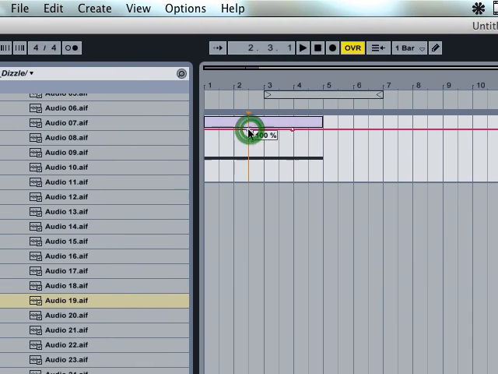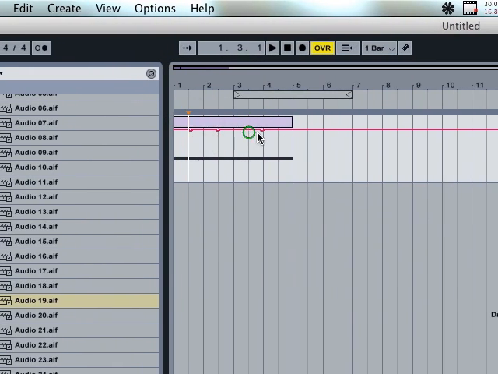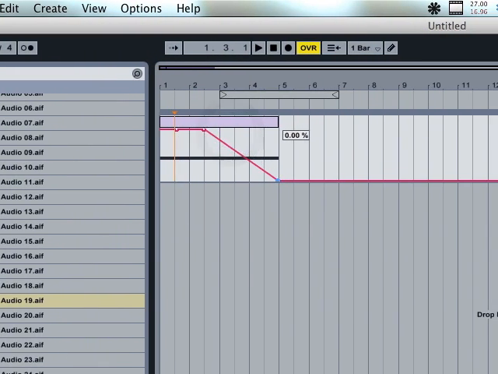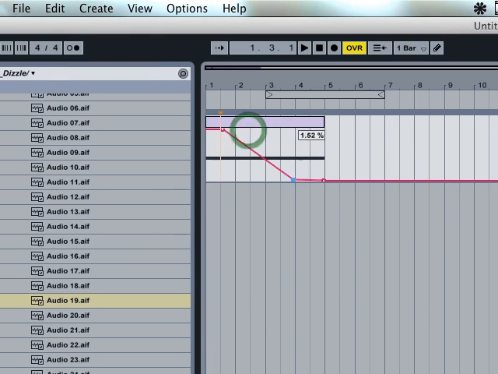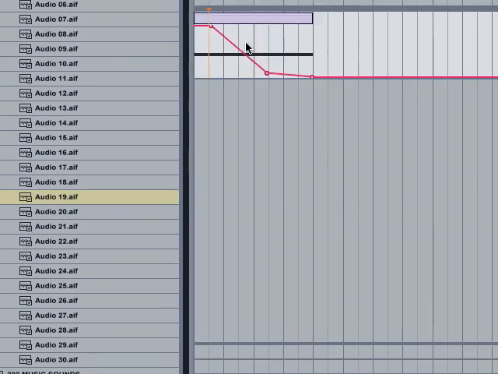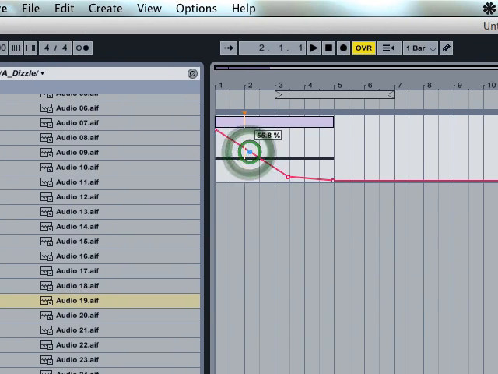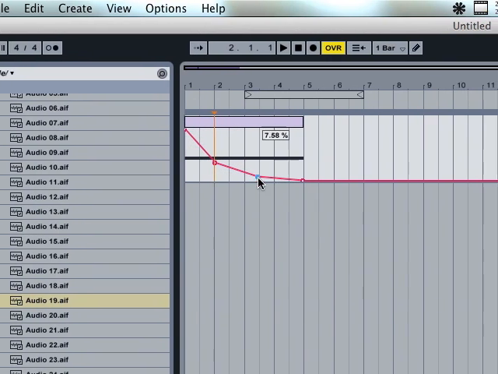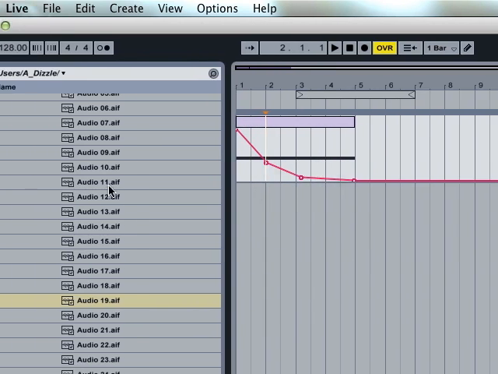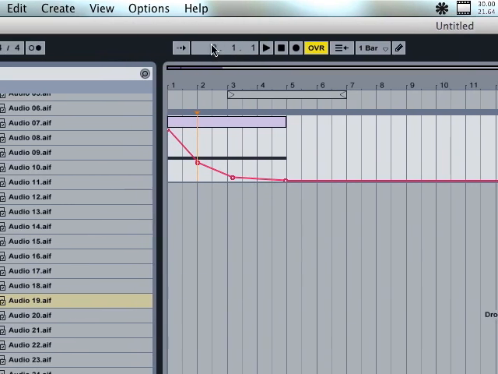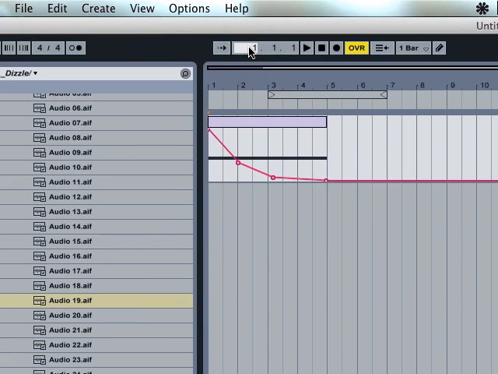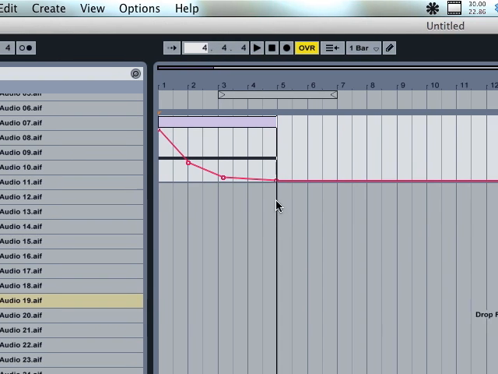And then we can draw a cool curve here just by double clicking, and then we get a bunch of points, and then we can drag these points around, and this curve represents what the parameter we clicked is doing, so we'll just draw a simple curve. I mean, you can do a straight line, but this kind of shaped curve tends to sound a little bit cooler. So now let's see what happens. Wicked,